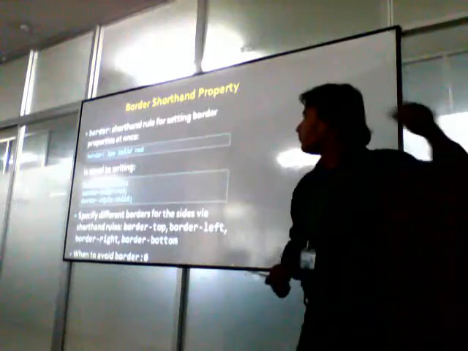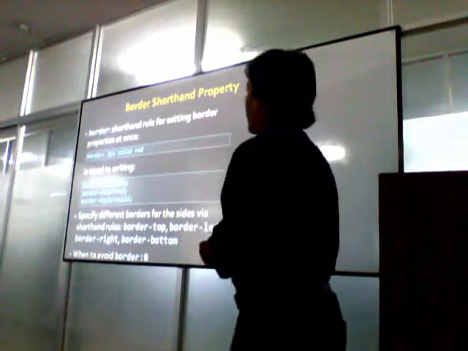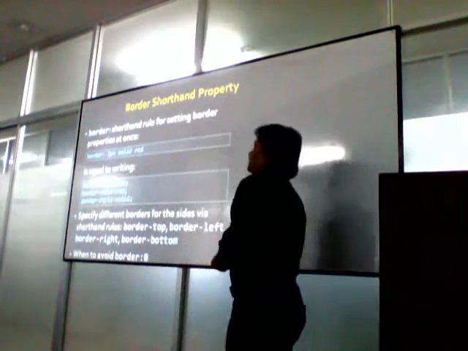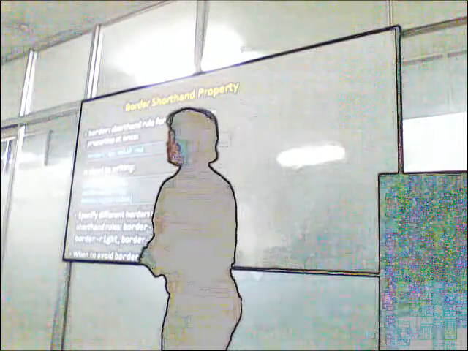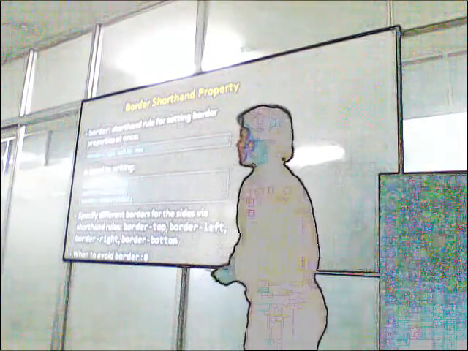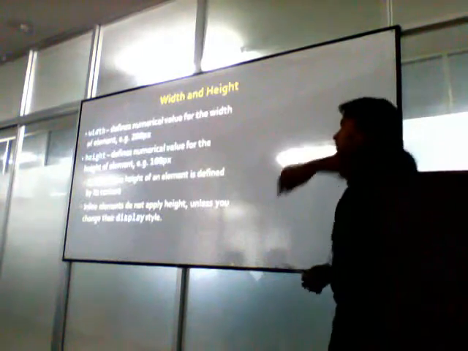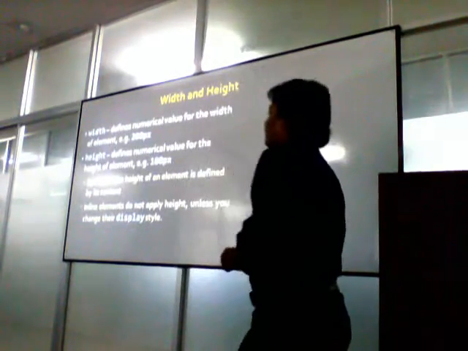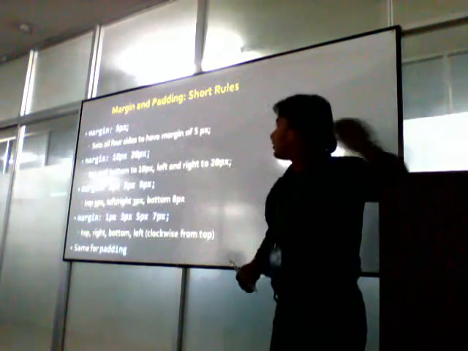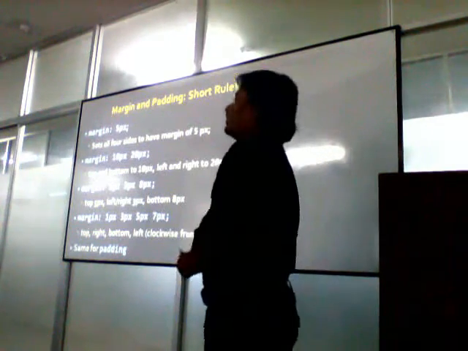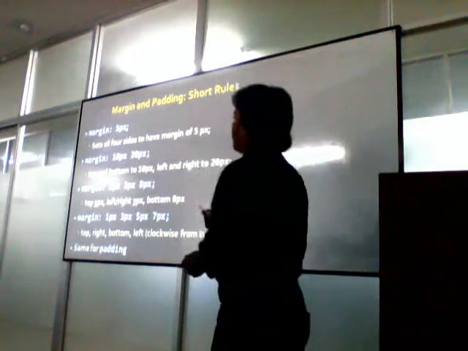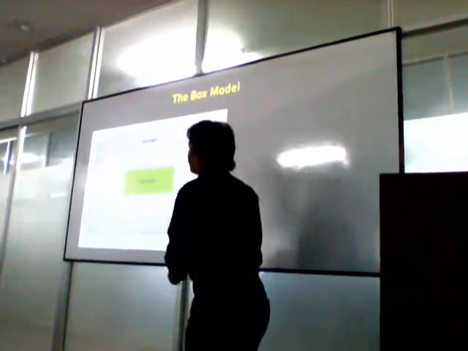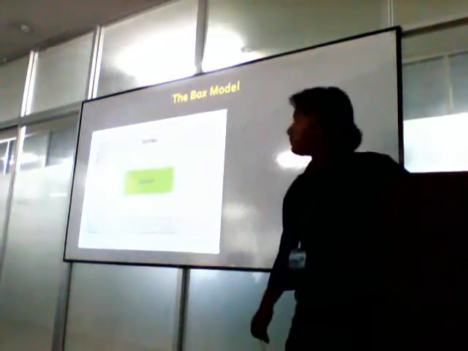In the CSS file, border shortcut rules: the border setting, and the example is border. Border shortcut takes a width, solid or other style, and color. We can use border width, color, and style in the CSS file. Width and height are very important for us. Margin: we can use the short form for margin. Margin, border and padding are very important.